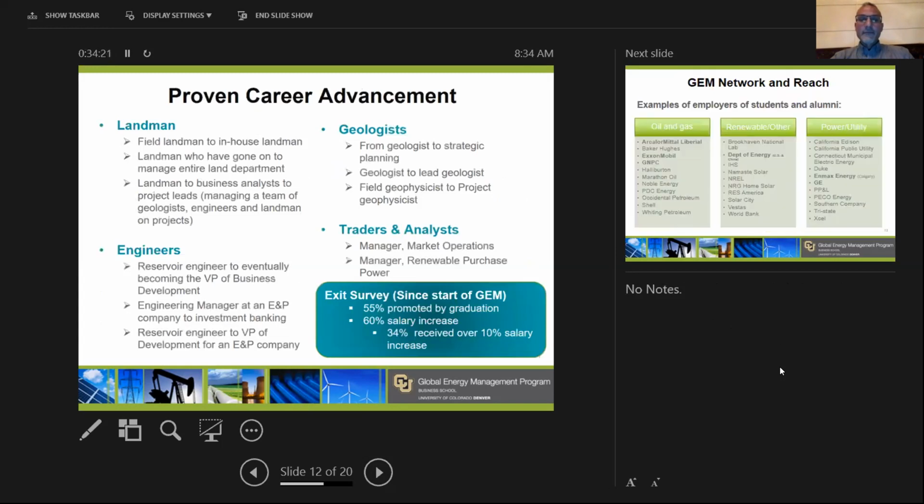Also here too, I want to give a quick example of a few different position changes that students have had here, because actually gathering some data of over 400 students and alumni here, in fact, about 55% of our students by the time they graduate have received a promotion or a new job opportunity. And here are some examples of that, from reservoir engineer to VP of development. I know I was actually at a conference here a couple weeks ago and talked to a couple people in Maen that are now in VP positions that we have, others that have gone into more leadership, consulting, starting their own firms. So there's a lot of great success stories as far as that return on your investment, which I know is important on many different fronts.